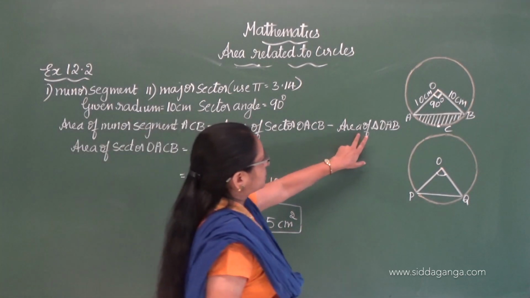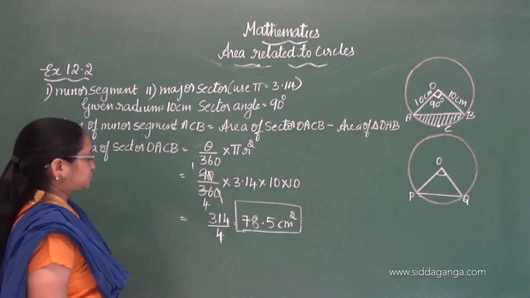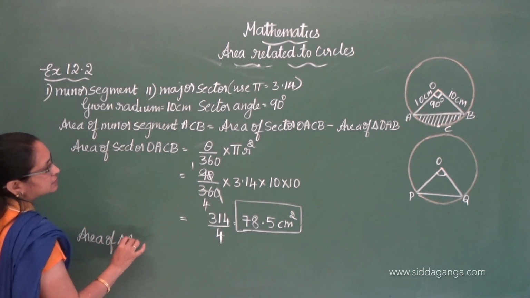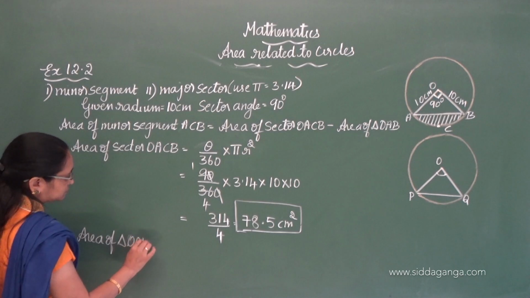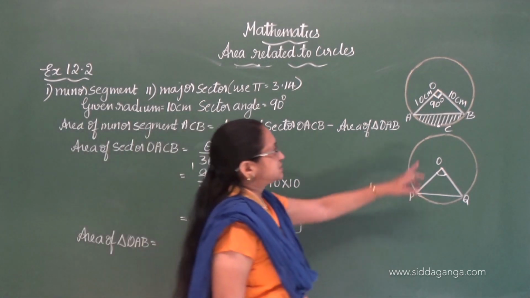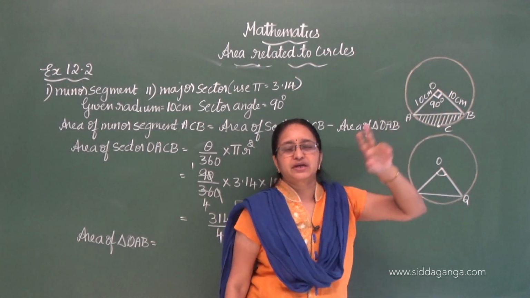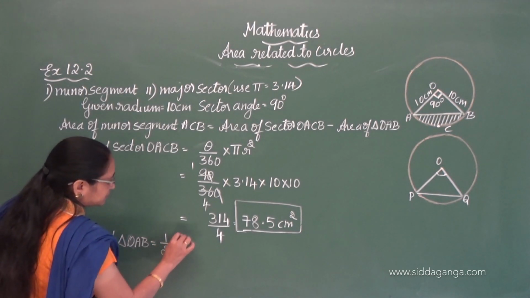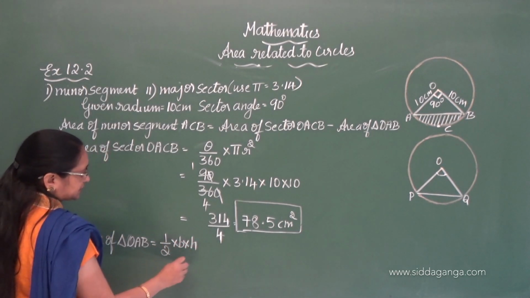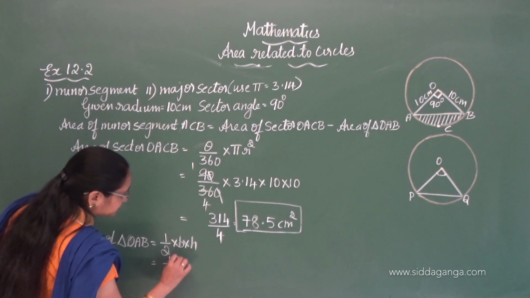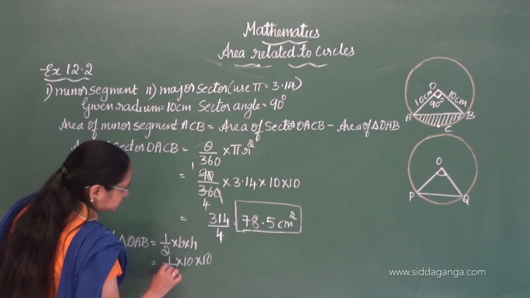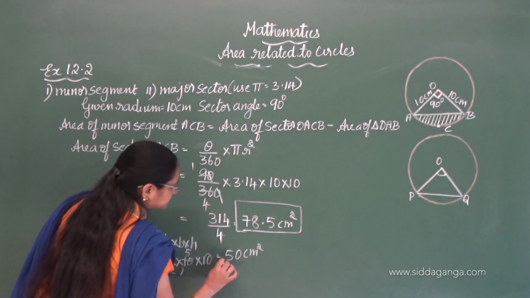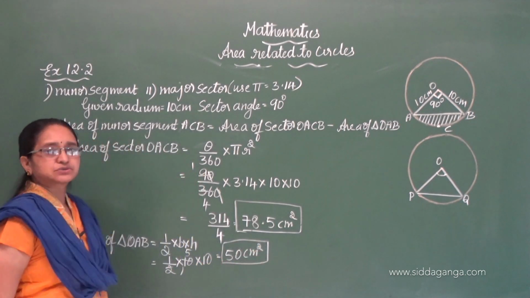Next, I am going to find out the area of the triangle. So, shall I find out here only? Area of triangle OAB. As you all know, since it is a right angled triangle, we can apply the formula half into base into height. Here base and height are the same. Half into 10 into 10. So, 2 ones are 2, 2 5s are 10. What will you get as the answer? 50 centimeter square.